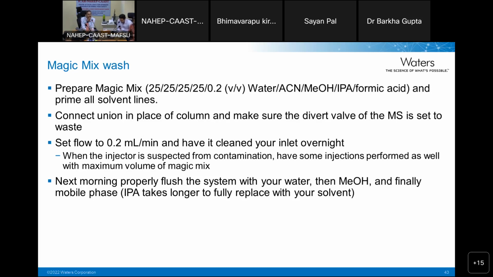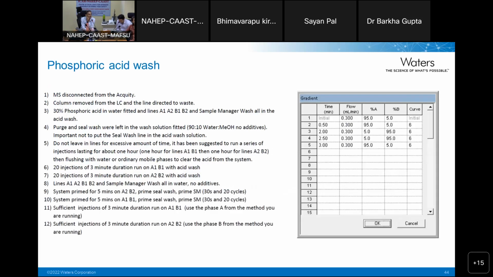This is one way of controlling your contamination, I mean, cleaning up your contamination. If this is not helping out, then there is a stronger acid wash. That is, you use phosphoric acid, but this is not recommended for general purpose cleaning. Only when you are not able to remove the contamination by trying all the methods, then this is a final source of troubleshooting,